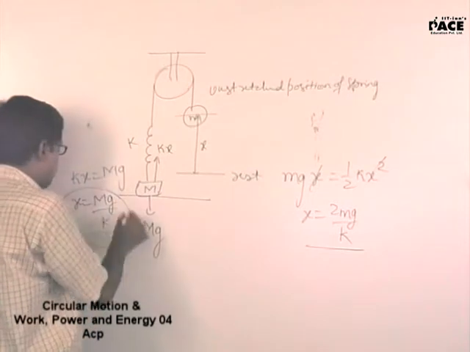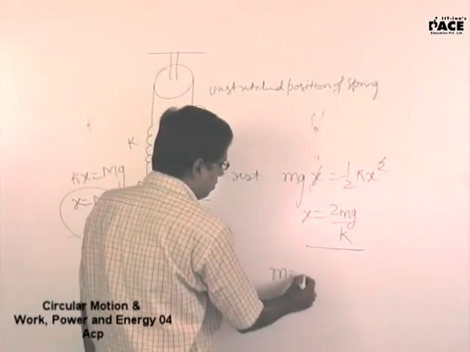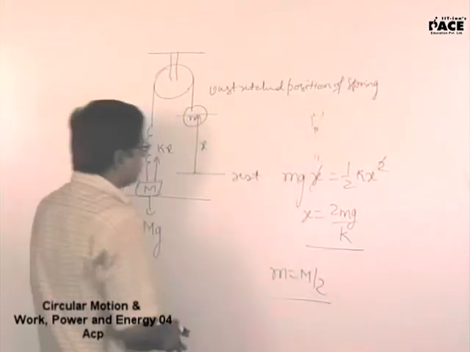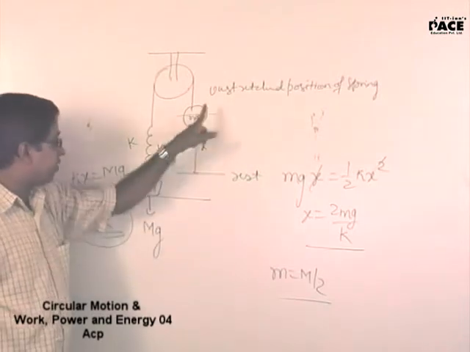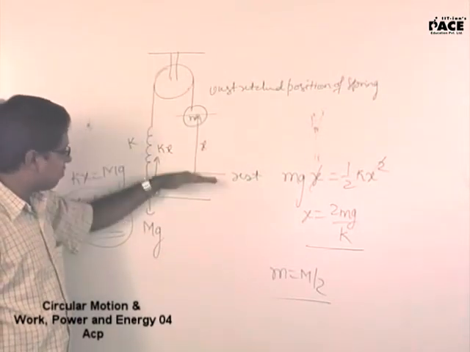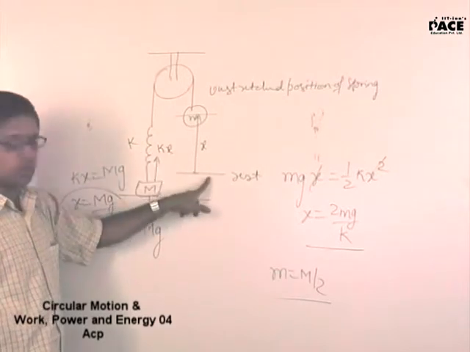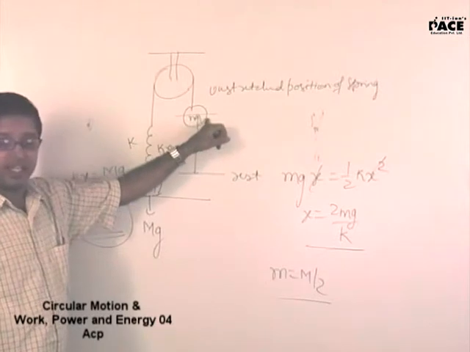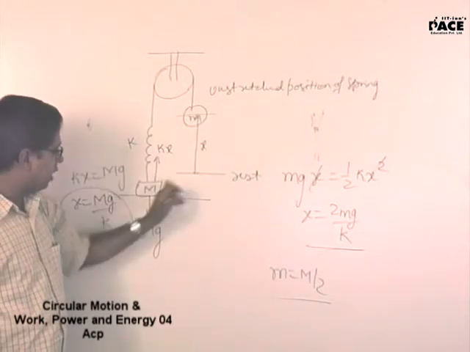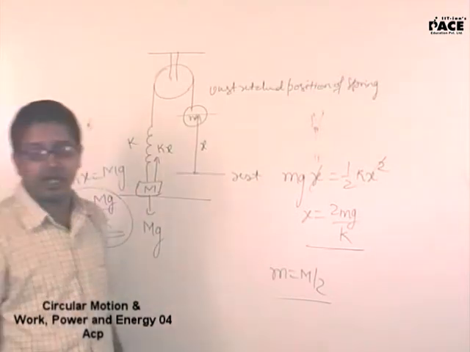Now you know mg by k is equal to x. Equate both of them. Small m will be equal to capital M by 2. That is the minimum mass I should have here so that this takes off from the ground. And when I have that minimum mass, it will travel a distance of x which is surplus for this to take off from the ground and it will come to rest there. Right? I may have a mass which is greater than that, it will go further down and it will take off from the ground. But then that mass will not be the minimum mass required.